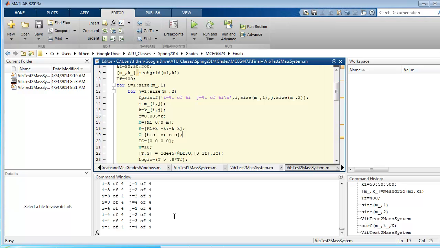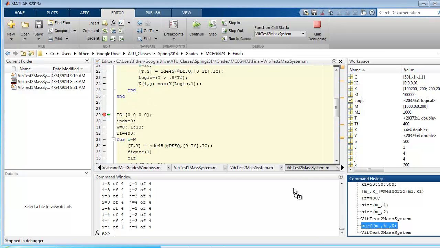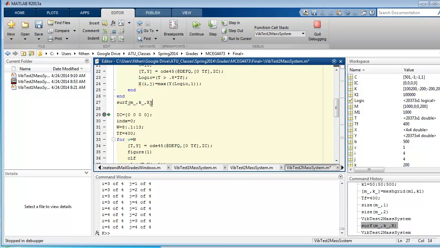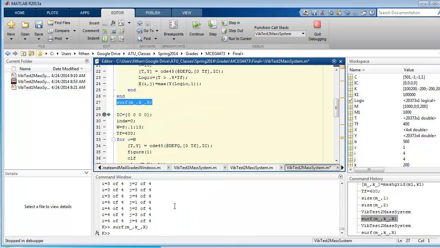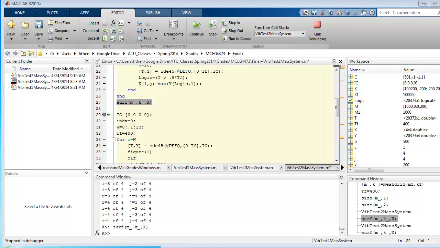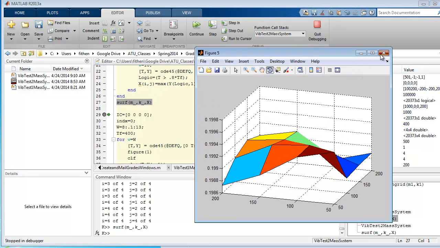And almost done, and done. So I think what I'll do now is go ahead and add this as a line of code. If I evaluate that selection, I get the same plot again. So what I'm going to do